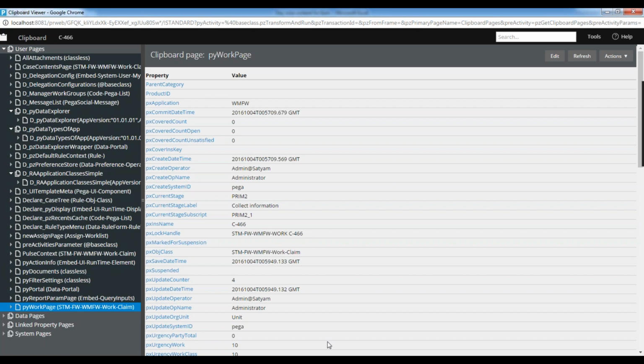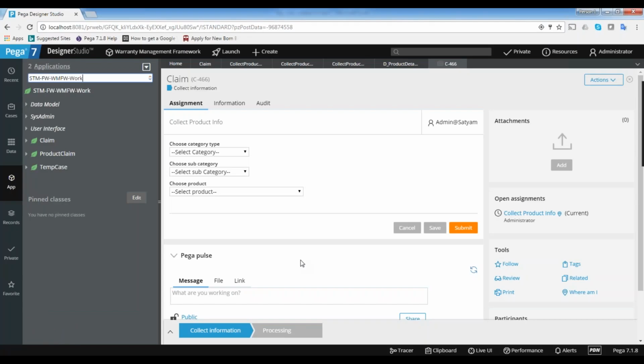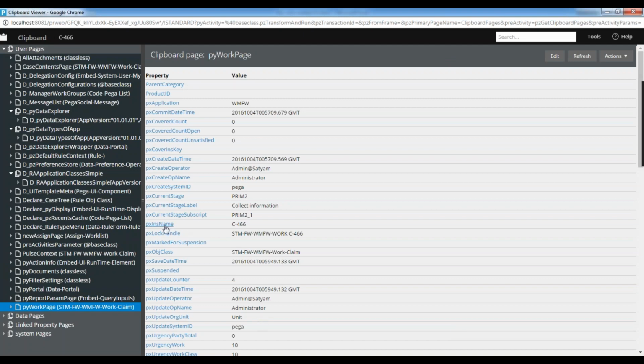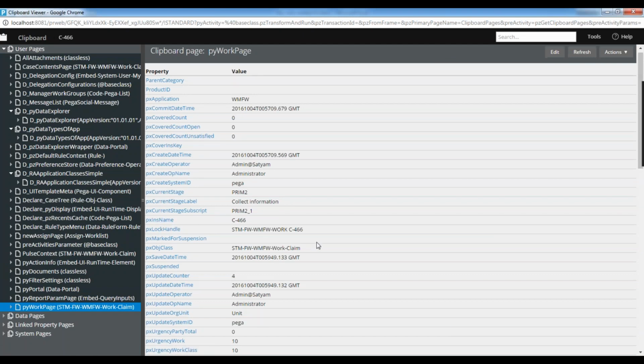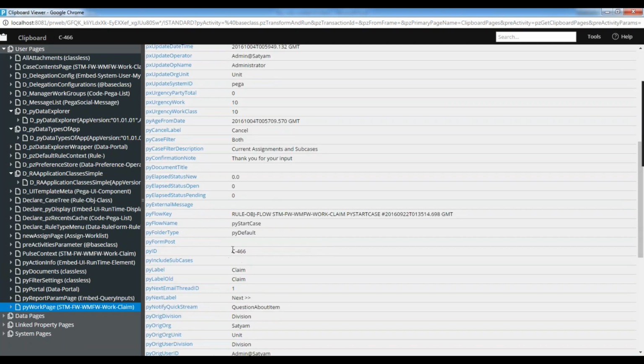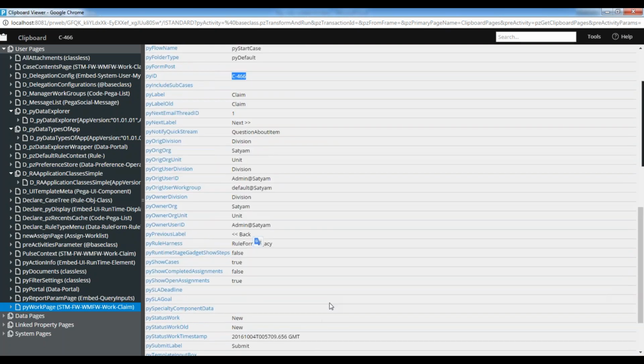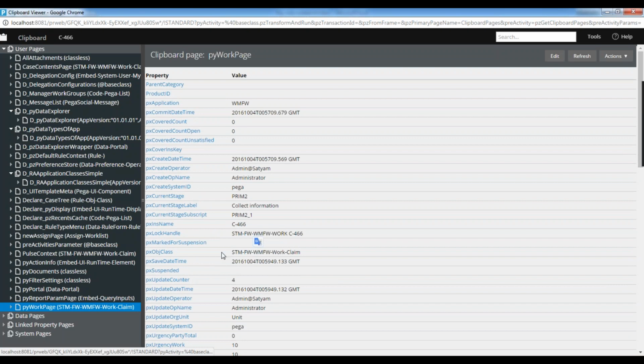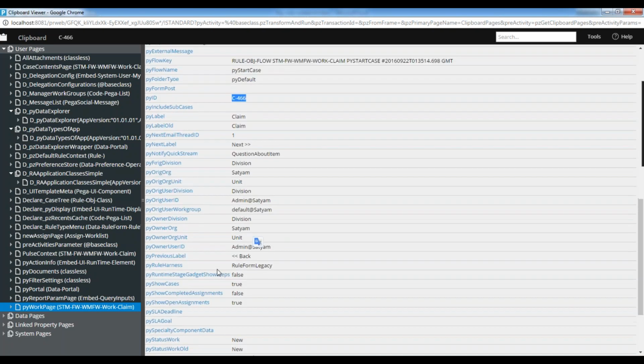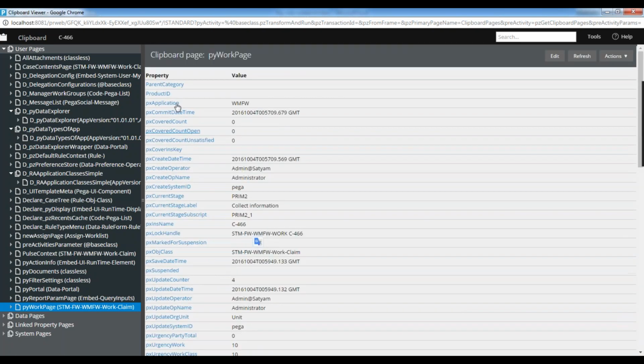Let's say you can see some ID is coming. Where is the ID stored? This value is coming, which means somewhere it is stored, right? This ID is stored in one of the properties called PYID. You can see PX INS name is there, and in PYID you can also see the same property displayed. Like that, Pega maintains a lot of information for processing purposes. So all the PX, PY, PZ properties are Pega properties. Anyway, we don't bother about those things. Now you need to see our properties.